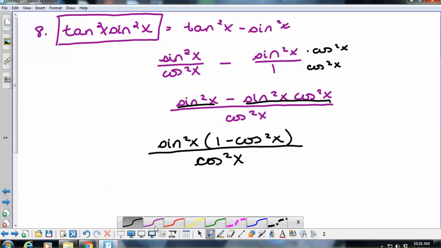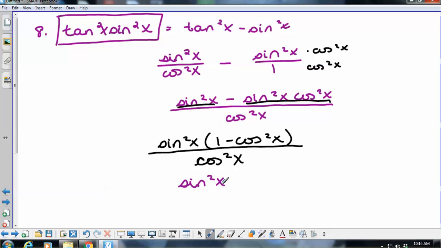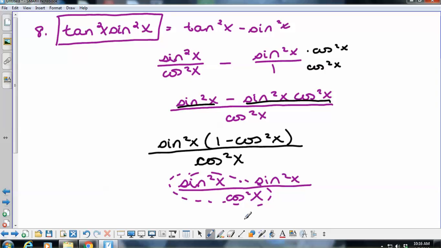Okay, that's like 1 minus cosine squared x, you could change that to sine squared x. So if I group these things together, sine squared x over cosine squared x would make tangent squared x, and you're left with,